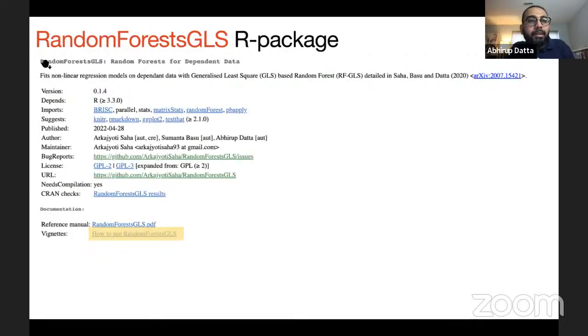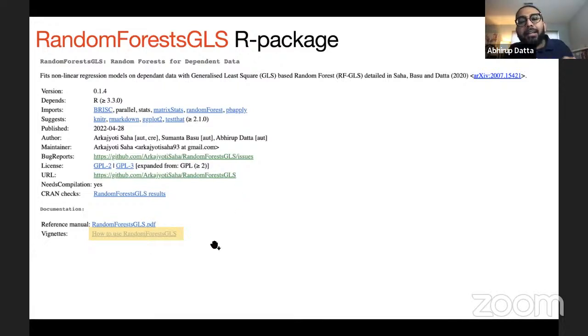There is a package for this. It's called RandomForestGLS. There is a vignette created by the student who developed this method, on how to use it. If you go on CRAN, you can see this. I think it works for data sets of around 1,000 to maybe 5,000. It's generally a little bit slow. So if you have bigger data sets, you would not be able to get this to work currently. Our hope is we'll make the method faster in the future. But if you use it and find it useful or come across any issues, please let us know.